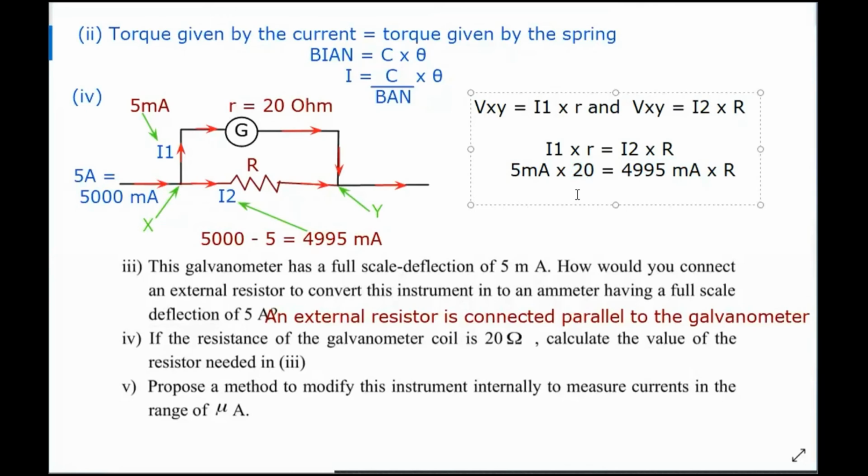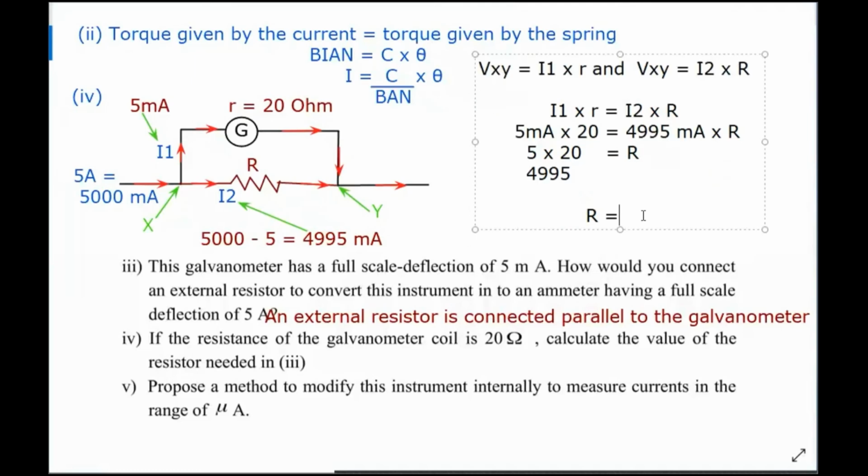So I can make capital R the subject like this: 5 into 20, units cancelled out, divided by 4995, equals capital R. Now you see, we can divide this 5 and 4995. They can be cancelled out. Then you will get an answer for capital R equals 20 divided by